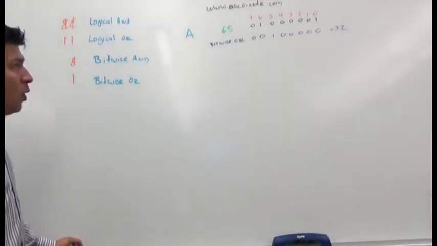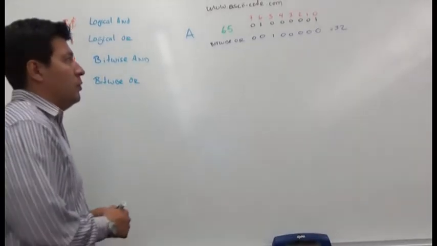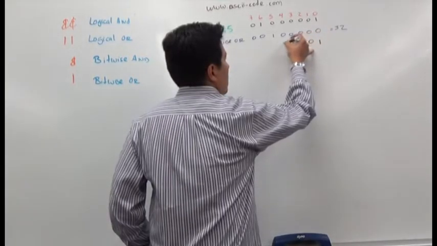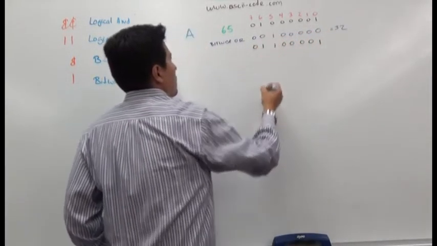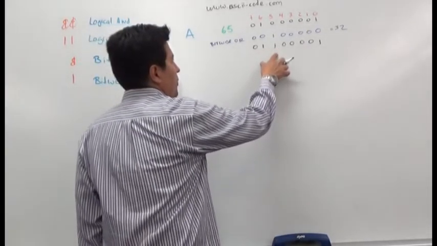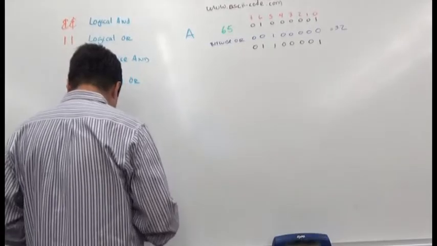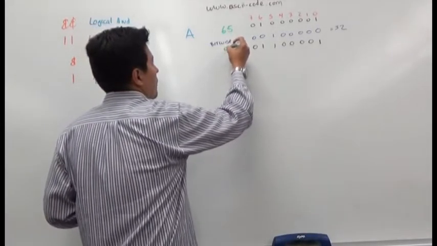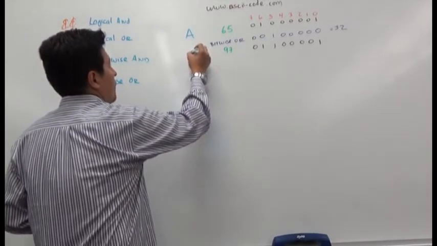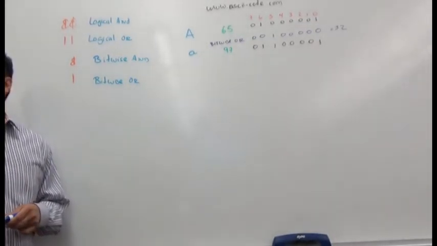So if I do a bitwise OR, it says as long as one of the bits is 1, the outcome is 1. So what number is that? Well, it's easy. 64 plus 32 plus 1. That is 97. So it's like adding 32. So the computer, to add a number,